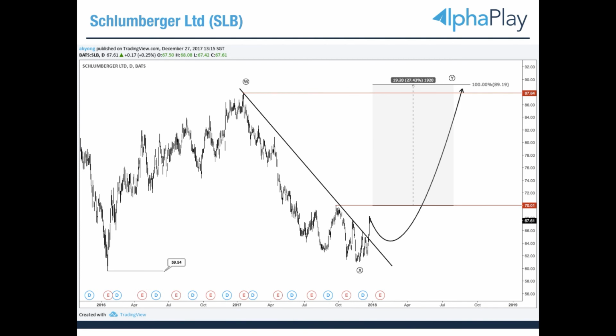This one I actually never heard of before, but it's one of the larger caps in the energy sector in the US market. You can see it's a very impulsive break of this entire trend line. So wait for a retracement, a correction, and then the upside is huge. This one itself is close to 27%. I'm taking only from the breakout of this level, this high, and measuring up is already 27%. So if you can catch the retracement at the end of it, it's even bigger. So this is the oil play.